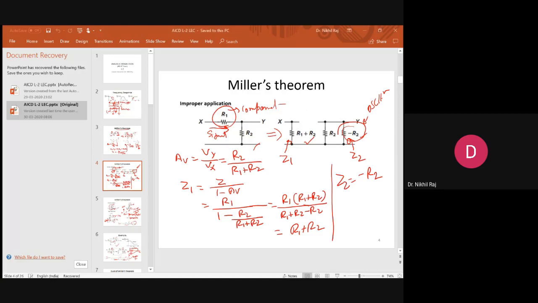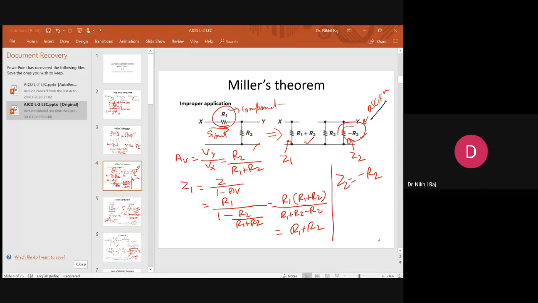So as you can see, when we apply Miller's theorem in this voltage divider network, what is happening is that at the output section we are getting a negative impedance. Due to this negative impedance, this is not a valid decomposition, because a negative impedance represents that some type of oscillation can be there. But the circuit is simply a passive network, and there cannot be any oscillation because there is no active element. This means here Miller's theorem is not applicable.